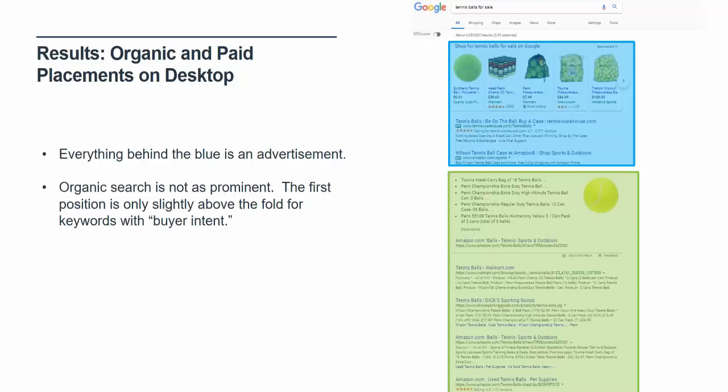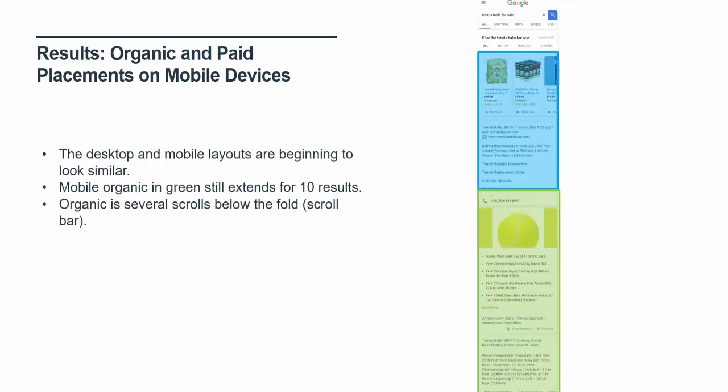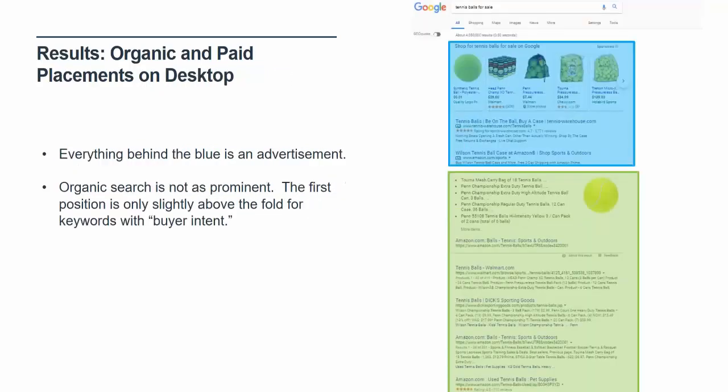For the purpose of our webinar, we are everything behind this green gradient. All of these are organic results. And this is from a desktop computer, and I was searching for, it's probably microscopic for you guys, but the search query was tennis balls for sale. Right now I did the same thing on a phone, and the first observation I have about 2018 SEO and the way the search engine results pages lay out, I'm going to flip one slide backwards. You'll notice they're nearly identical now.